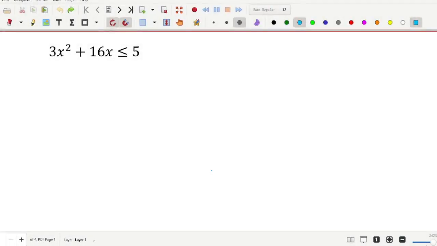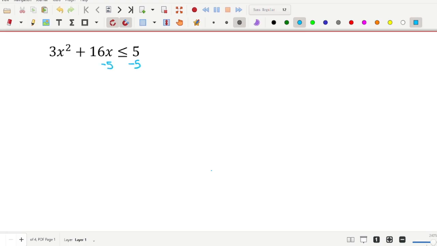Alright everyone, today we're going to take a look at this inequality here and how to solve it. It is a quadratic inequality, meaning it has an x squared in it. Usually when you have quadratics, the thing you want to do is factor. So if we move our 5